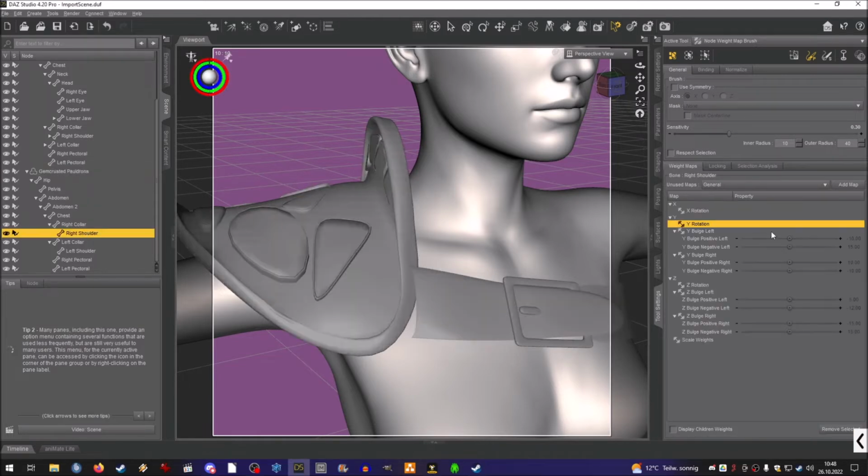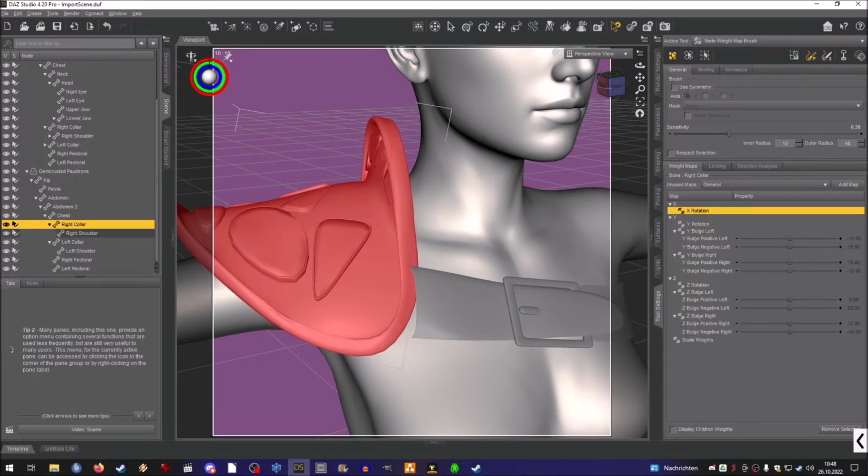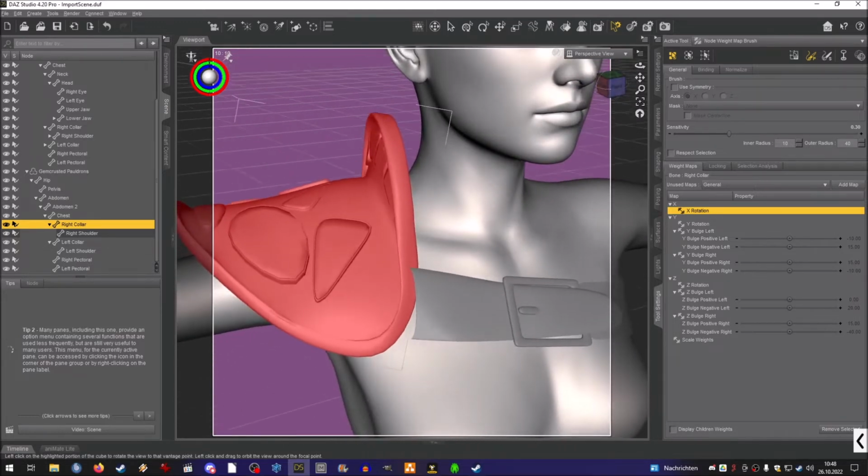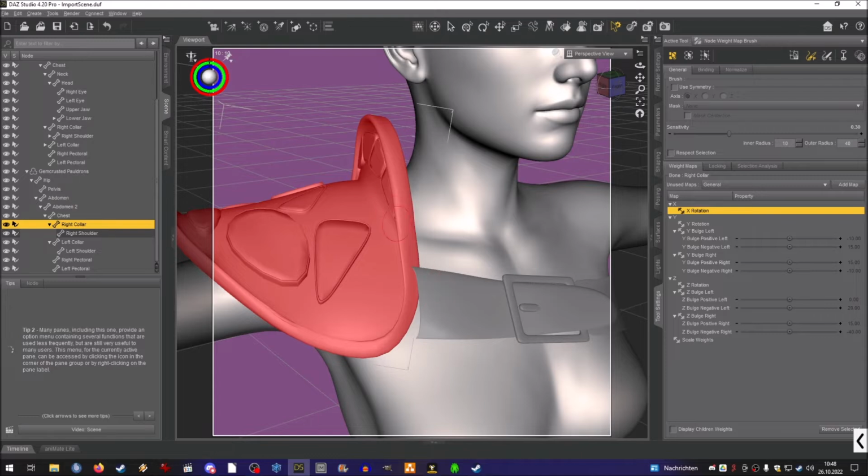We are going to select a bone, which gives us the coloring. And now we have this brush setting. Inner radius is 10 and outer radius is 40, and sensitivity just means,